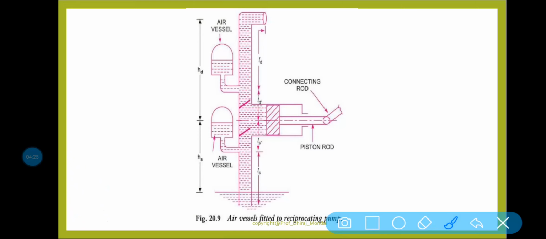Okay, frictional resistance in the suction and delivery. That means if there is some separation, there may be some fluctuation of pressure, and there may not be smooth operation, smooth flow. So we will experience some frictional dissipation or frictional resistance in the suction and delivery pipe. So that is why it is also used.